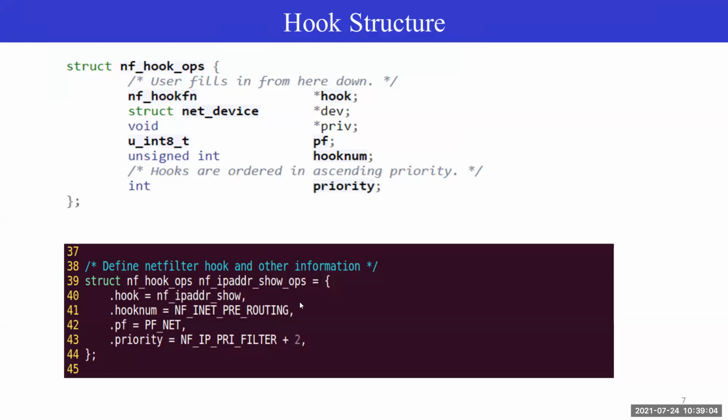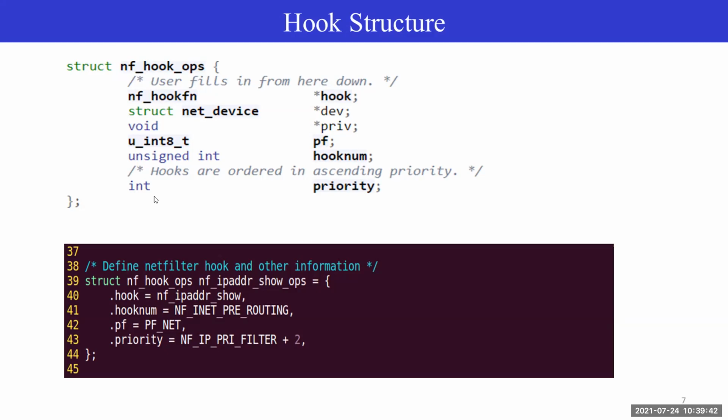So here there are seven fields. The first one is the NF hook function. We will talk about this later. And the next one is the structure net device. As I was saying, this is the net device structure to which this packet will be coming out. So corresponding the dev. We usually do not need to populate this one unless you need to have packet on a particular interface, but usually you don't need to do that.